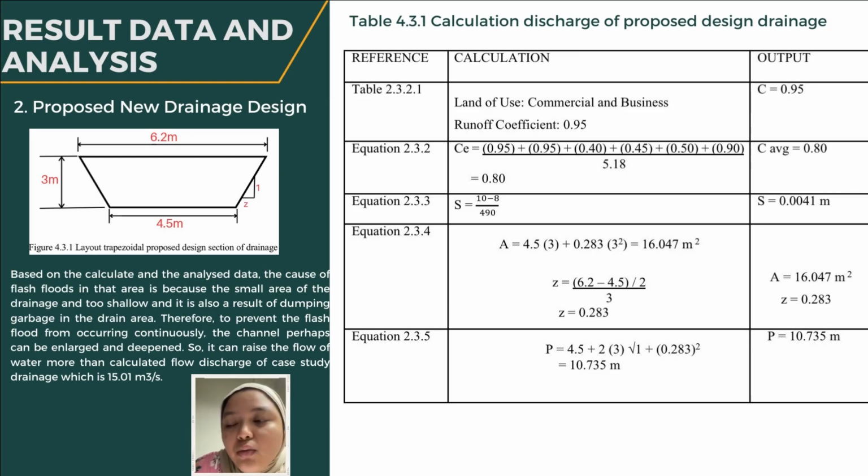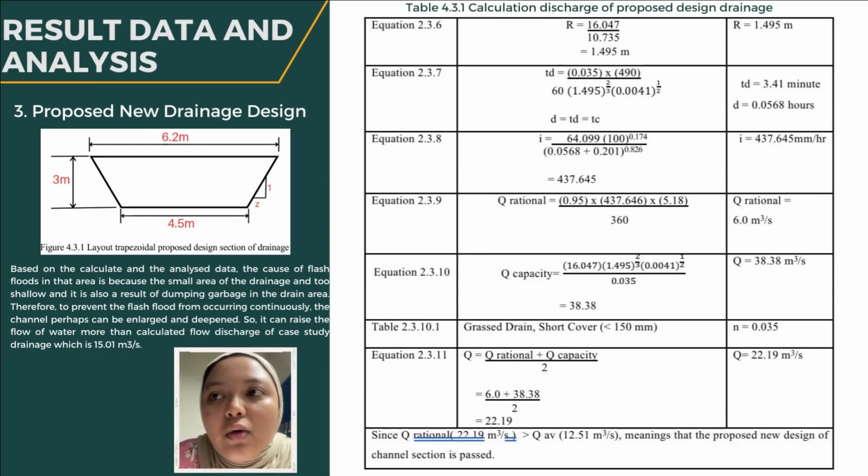For equation 2.3.3, we got the slope is 0.0041 meter, and for equation 2.3.4, for the flow area, we got 60.047 meter square, and for Z is 0.283. For equation 2.3.5, we get the wet perimeter is 0.735 meter. For the next equation 2.3.6, we got the radius 1.4